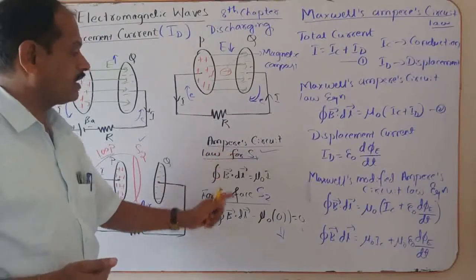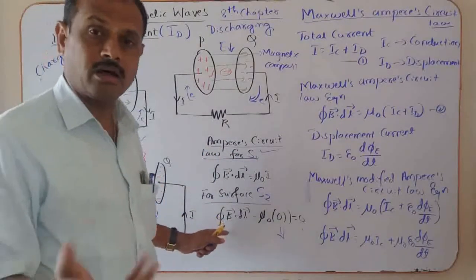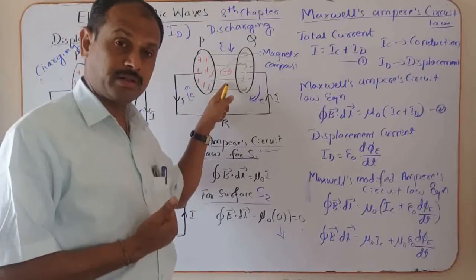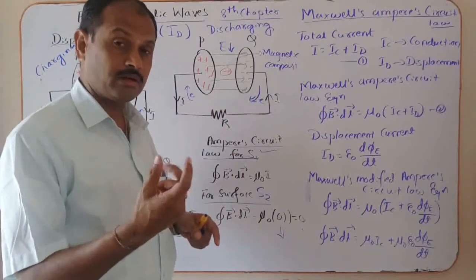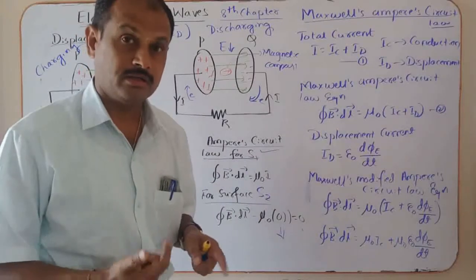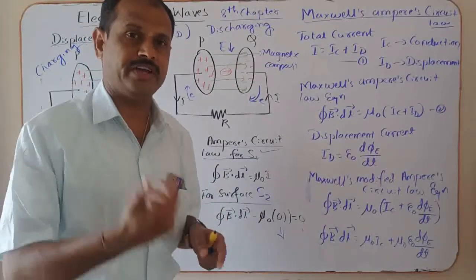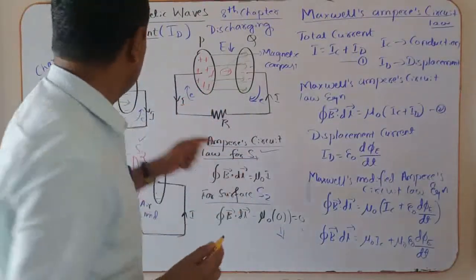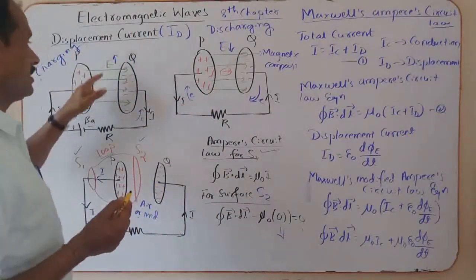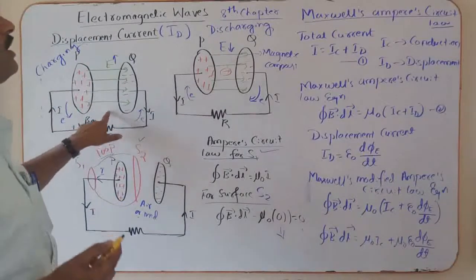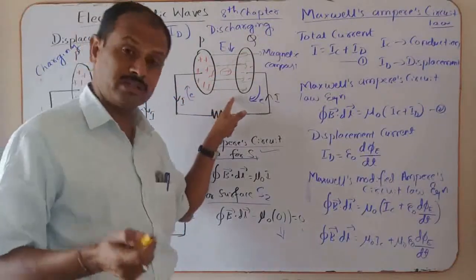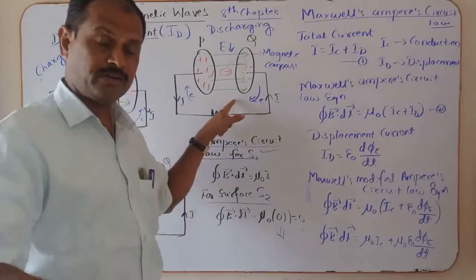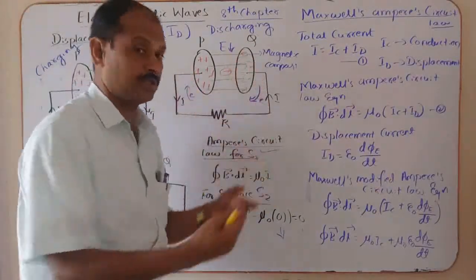According to Ampere's law, there would be no magnetic field, but when Maxwell's experiment was conducted, the magnetic compass needle deflects. He says that there is a magnetic field. During charging and discharging of the capacitor, there is an electric field. The electric field increases during the charging and decreases during the discharging. As well as the magnetic field also exists between the two plates of the capacitor.